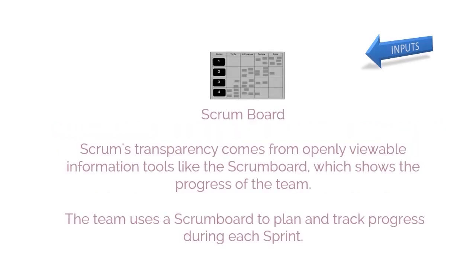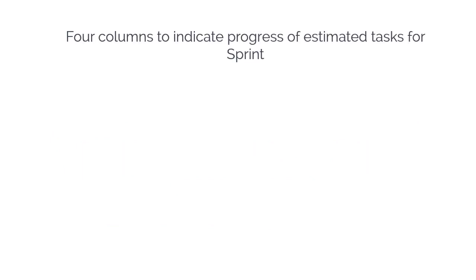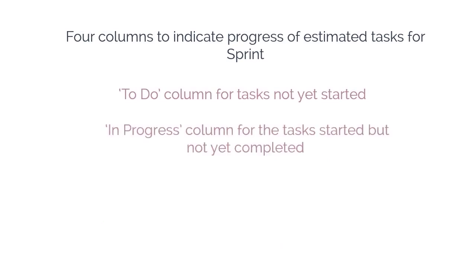Scrumboard is the next input. Scrum's transparency comes from openly viewable information tools like the Scrumboard, which shows the progress of the team. The team uses a Scrumboard to plan and track progress during each sprint. As you can see in the diagram given, the Scrumboard contains 4 columns to indicate the progress of the estimated tasks for the sprint. A to-do column for tasks not yet started, an in-progress column for the tasks started but